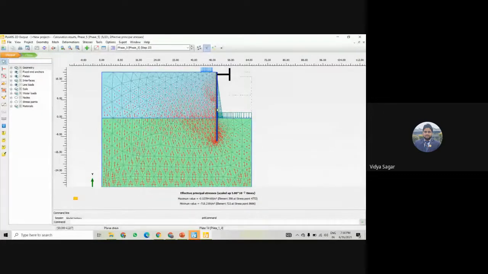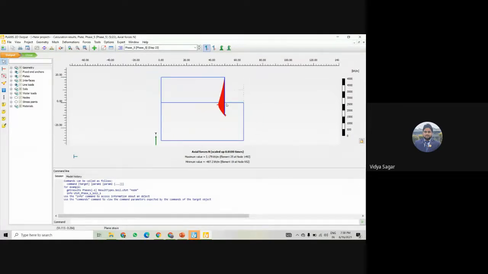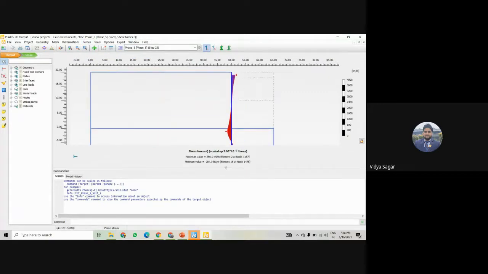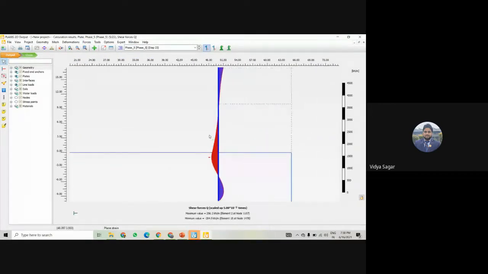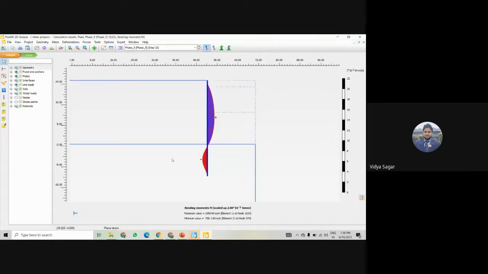So I also can check, yeah, if I double click on the diaphragm wall directly, it will give these axial forces. So axial forces, then if I click on forces, then axial forces, shear force, it will give you the shear force also. This is the shear force diagram, and also I can check the bending moment diagram. So this is the bending moment diagram, with maximum value at this side and minimum value given at this negative side. Nodes are also given, where it is giving the values, right?